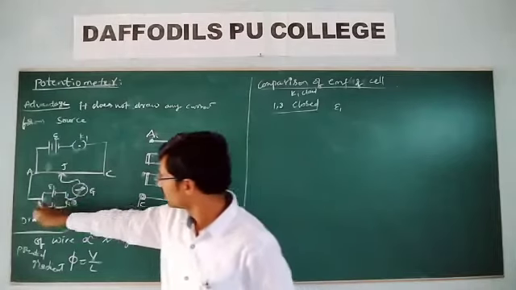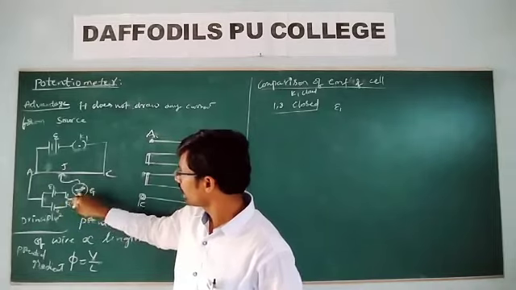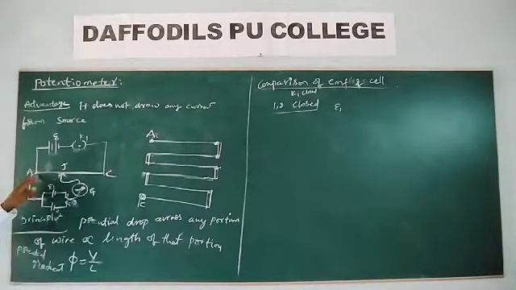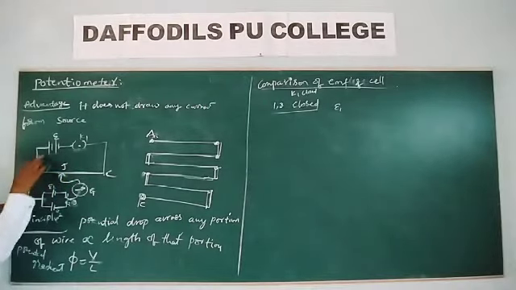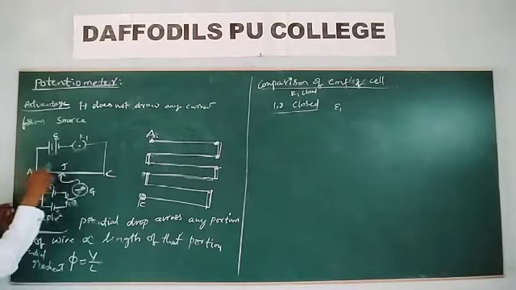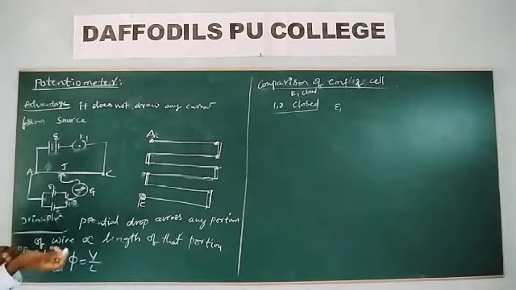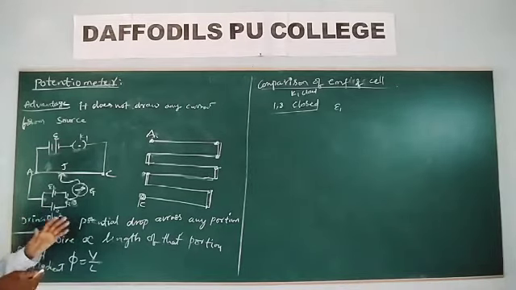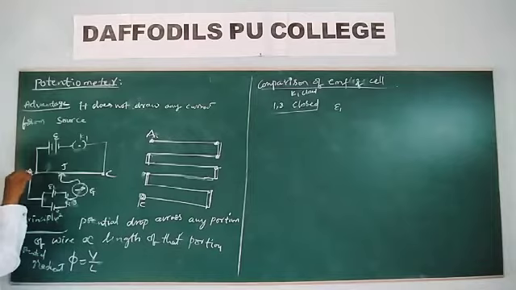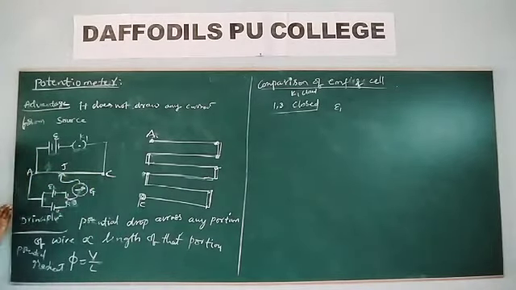So what will happen? Current flows through this E1, and then we measure the balancing. How do we measure the balancing? First we connect the jockey, where the positive terminal is. We put it at A, and thereafter we keep that jockey at C. Then it has to show the opposite deflection. This confirms that the circuit connections we have given are correct. When it is kept at A, it should show deflection in this direction. When kept at C, the deflection should be in the opposite direction.